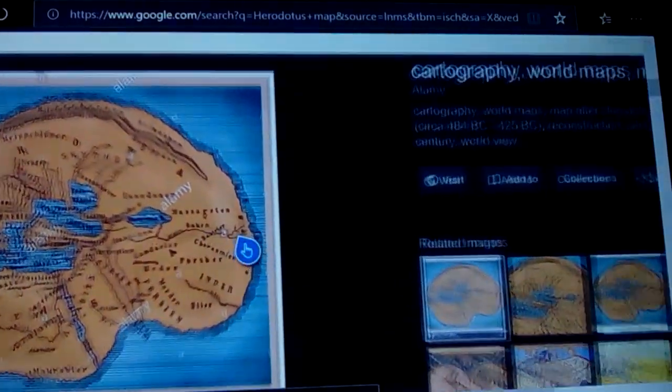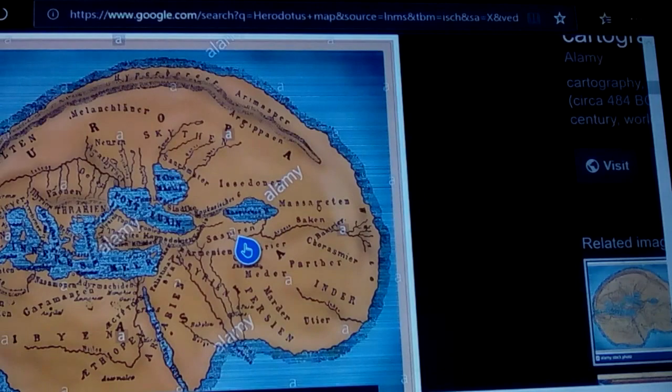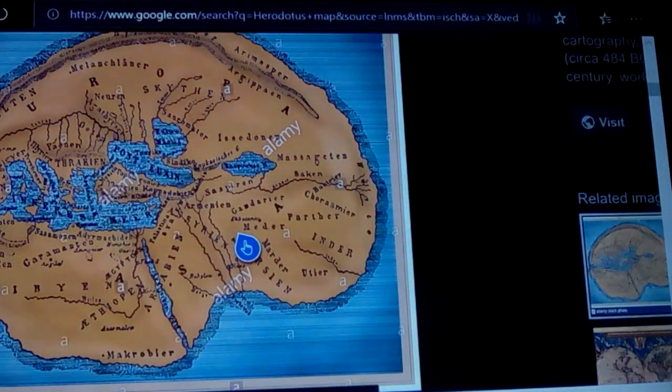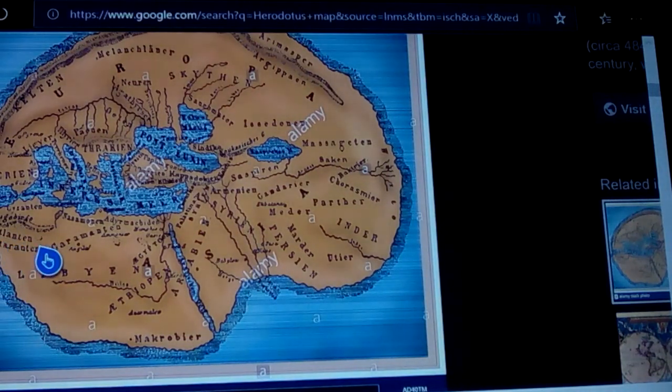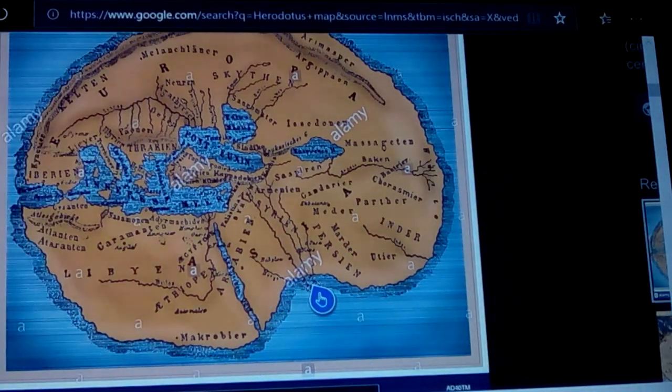Let's see. Here's a slightly better version, but man, it's got a bunch of stuff written all over it. But yep, there's Atlantis again. There's Atlantis, right? And Persia. Oh, there's something to show you. See how he calls all of Africa Libya. Libyan, right? And then everything else is Asia. Well, look where he makes sure he puts the A. He puts it over here in Egypt. He considers them to be Asians. See, he puts the A over here,